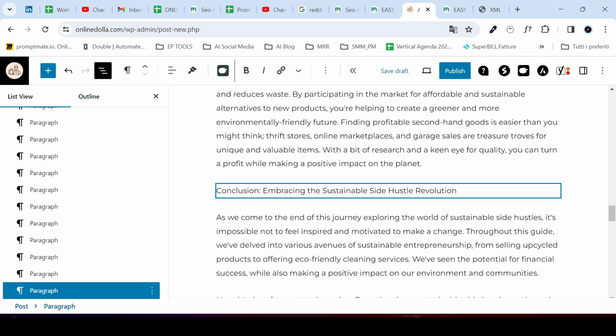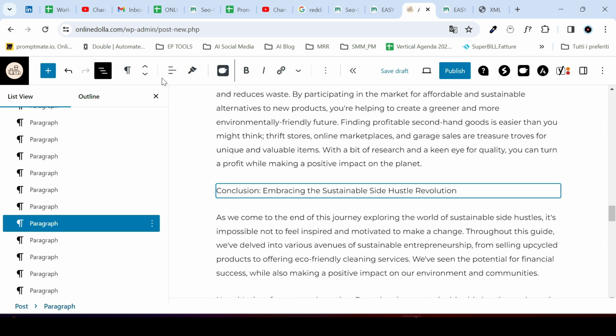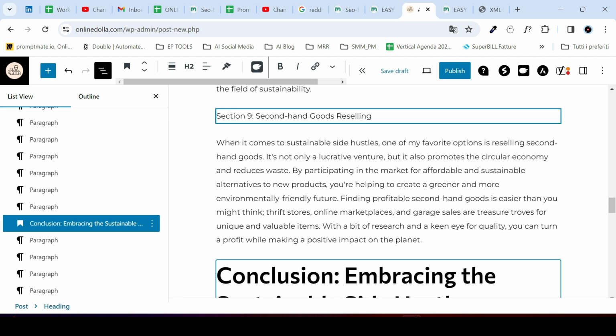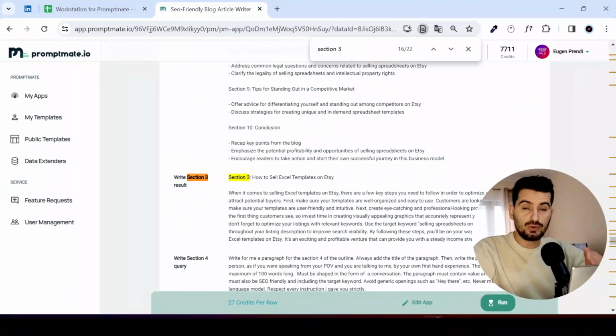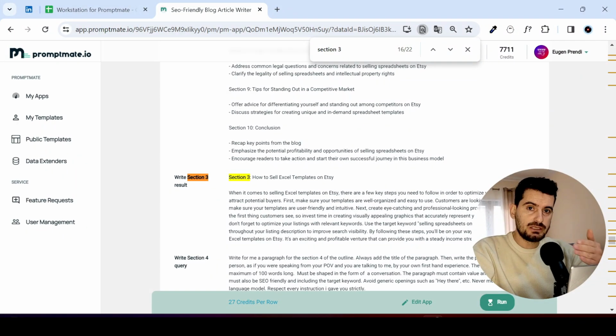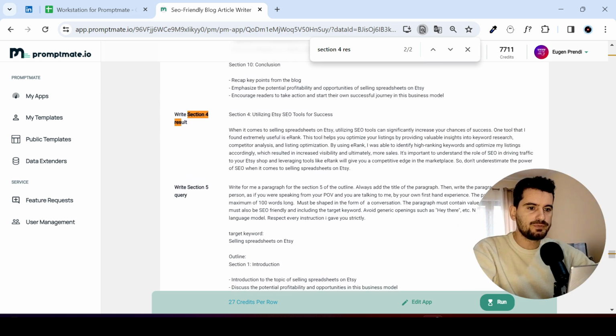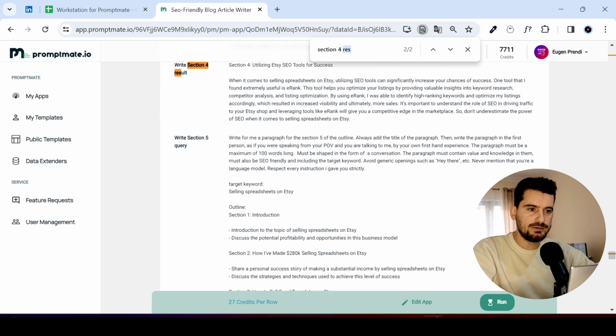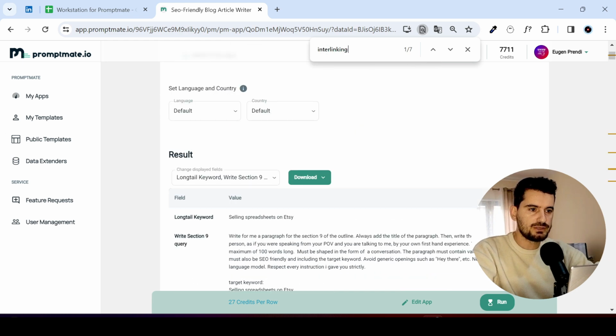And then once you do this, all you have to do is change the titles from paragraph to H2 or H3 according to your own discretion. You can also obviously download the results as a CSV file or open directly on Google Spreadsheet, but I personally prefer to just go ahead and copy paste from the results page on PromptMate directly to WordPress, right? It's all written. But then it doesn't end there. If you see for interlinking, for example,